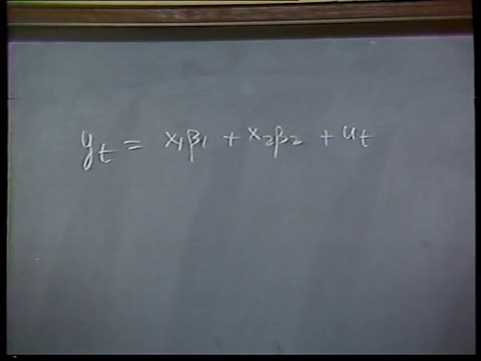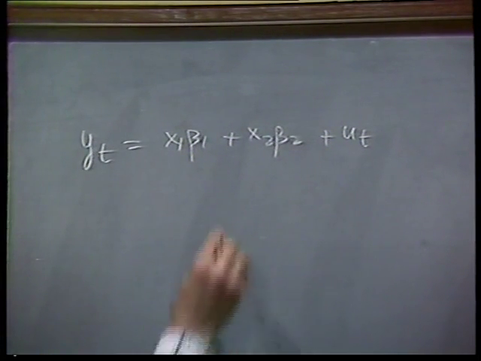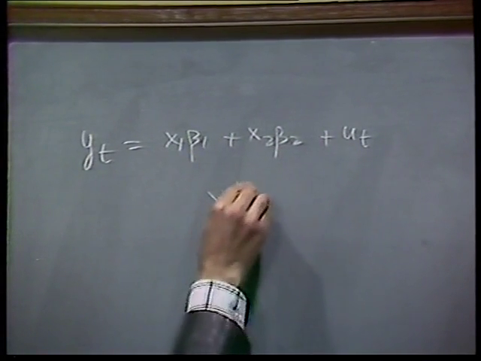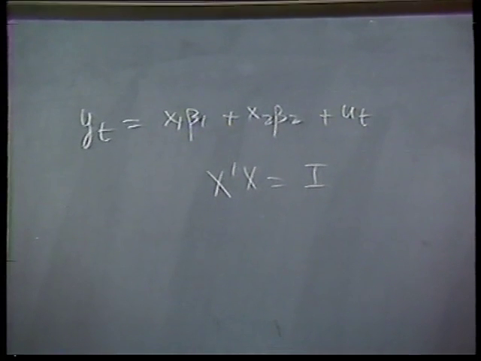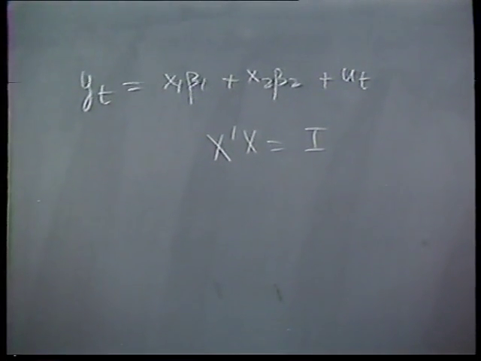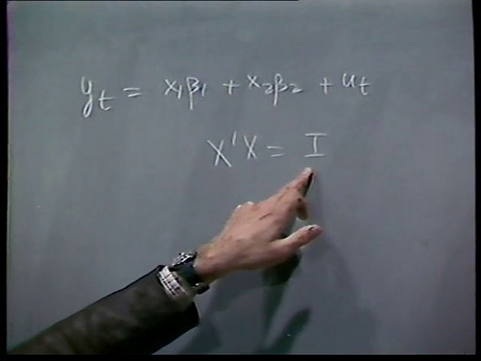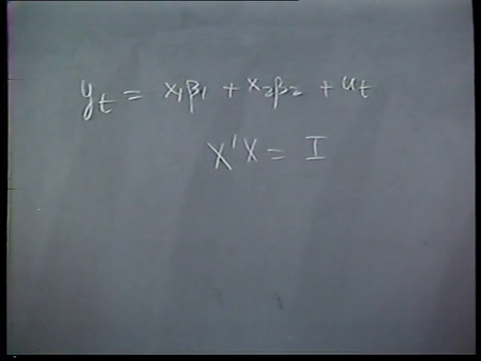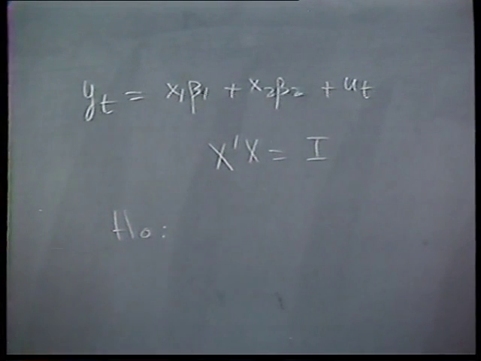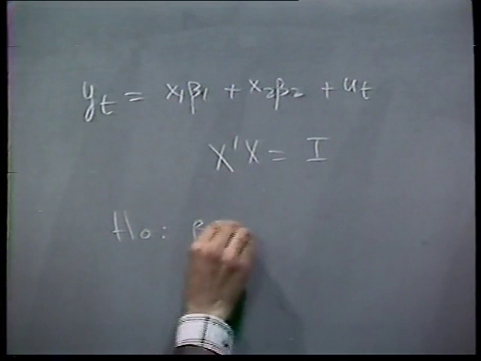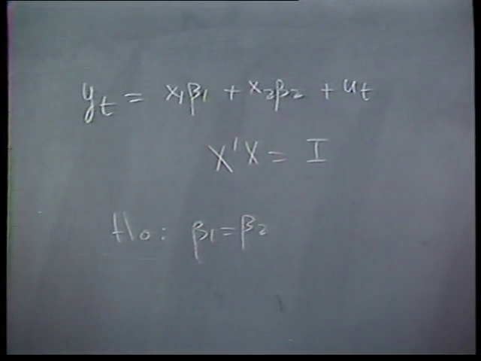And in addition, we assume that the x1 and x2 variables are orthogonal, so that in matrix terms we're assuming that X prime X is some scalar transformation of the identity matrix, which simplifies the situation. And if we then specify our null hypothesis to be beta 1 is equal to beta 2, which is equal to 0,